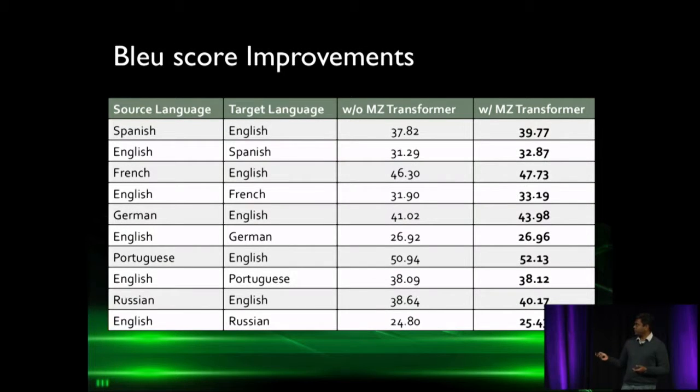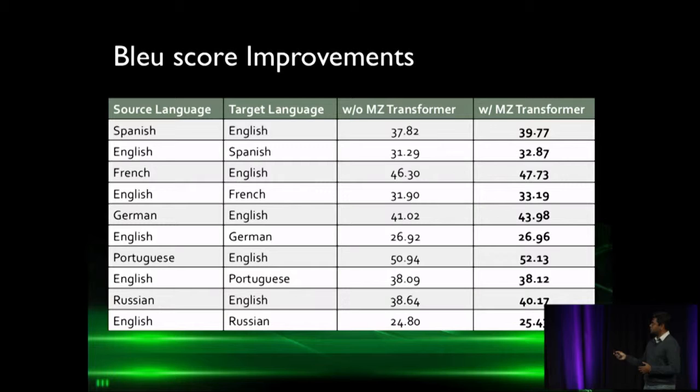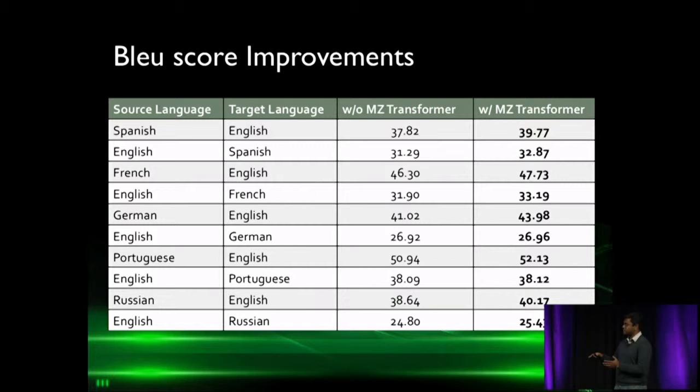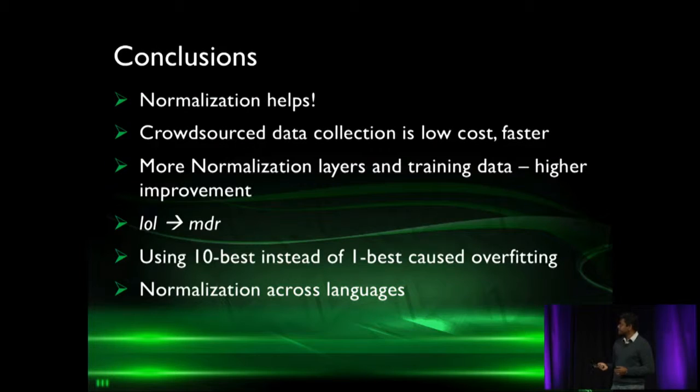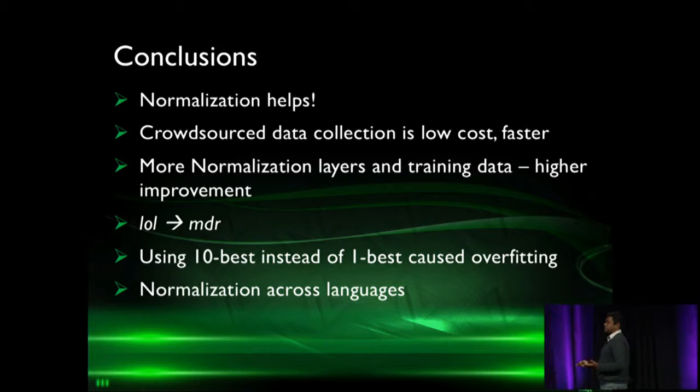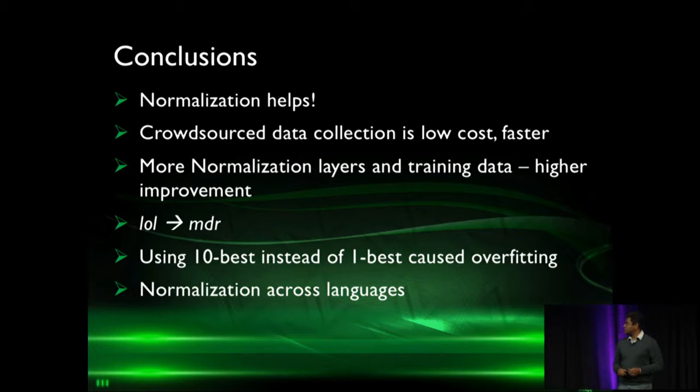So we have some BLEU score improvements. This is a machine translation metric. It's traditionally used, and across most languages, we've seen improvements in machine translation by adding the hidden Markov model-based normalization system. And in translation circles, even though it looks like a couple of points of improvement, that's actually a big deal. And there's not really accuracy numbers, it's a different metric. So yeah, normalization helps, it's useful.